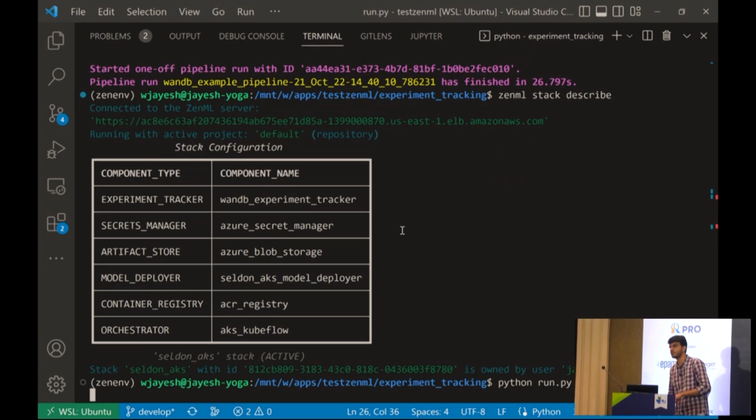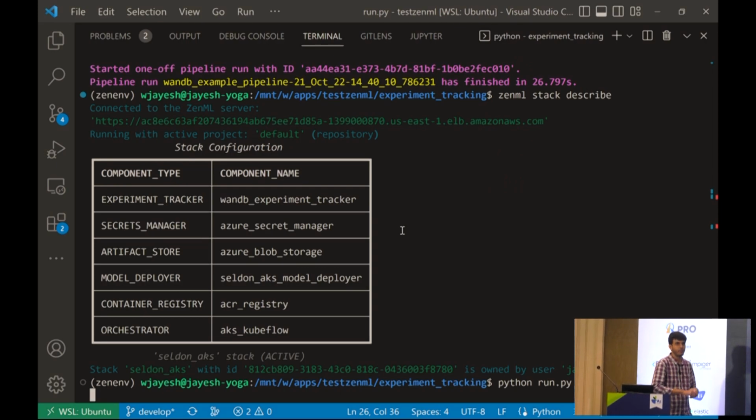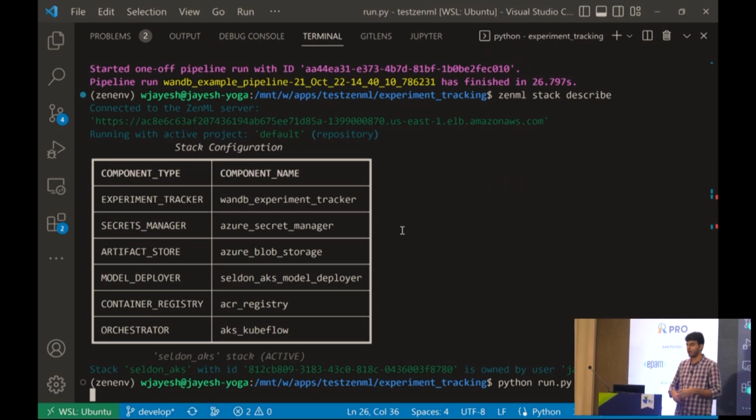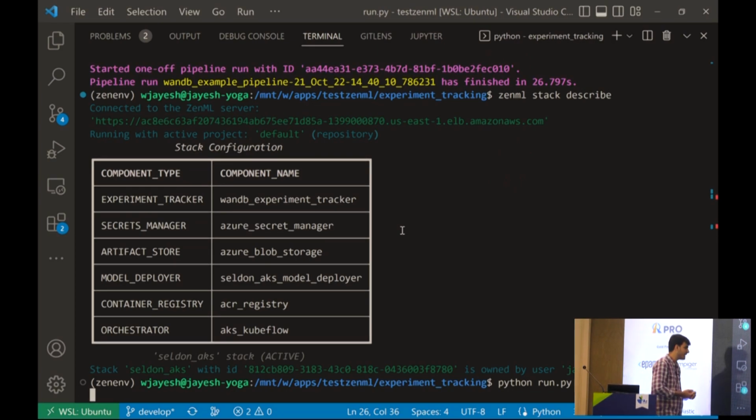For example, if you're using S3 in it, it will make sure that all the dependencies are also installed, like Boto3 or any other kind of dependency you want. All of that will be part of the Docker image which is built right now. And it will also take care of any additional dependency that you have defined in your pipelines. So all that is part of this.